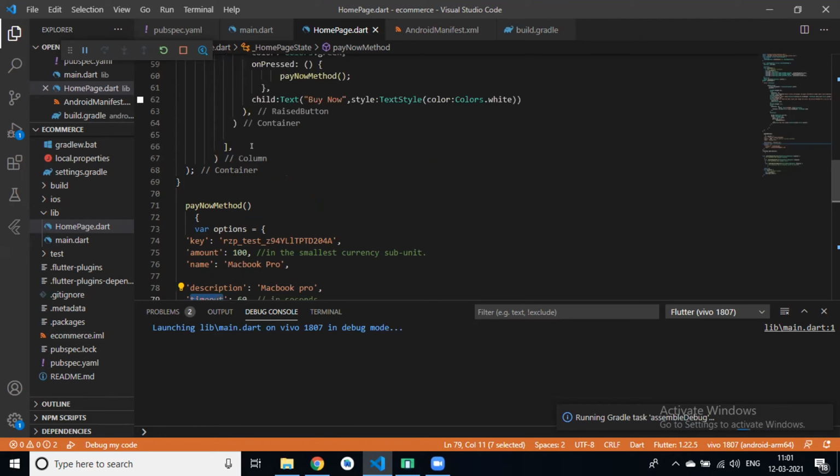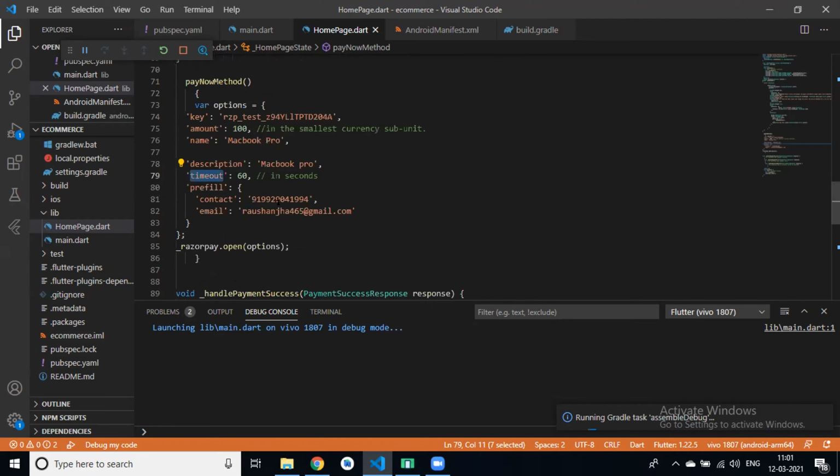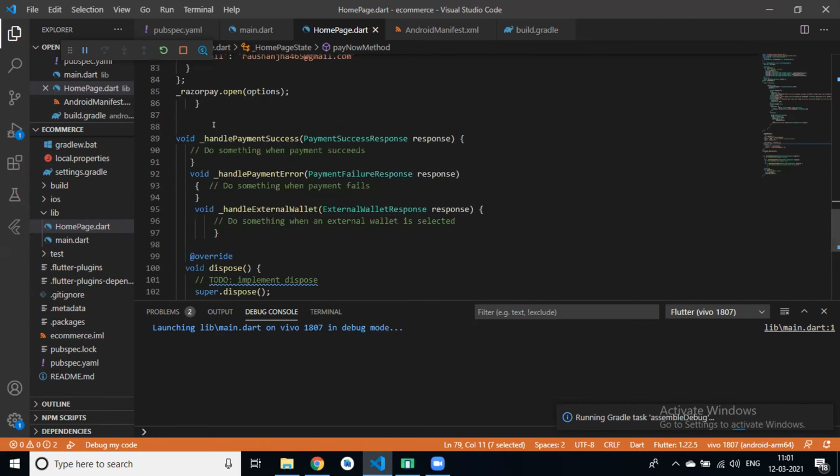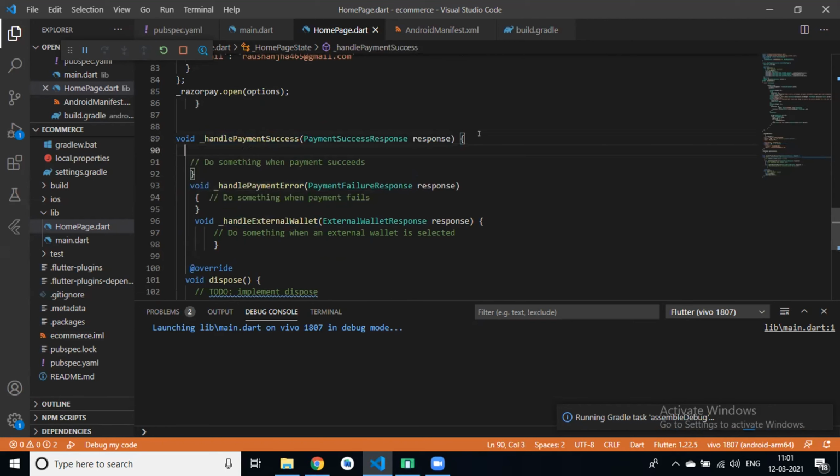And we have three methods: handle payment success, handle payment error, handle external wallet. If our payment succeeds, then display a toast message, change the screen, or send the order to the database.